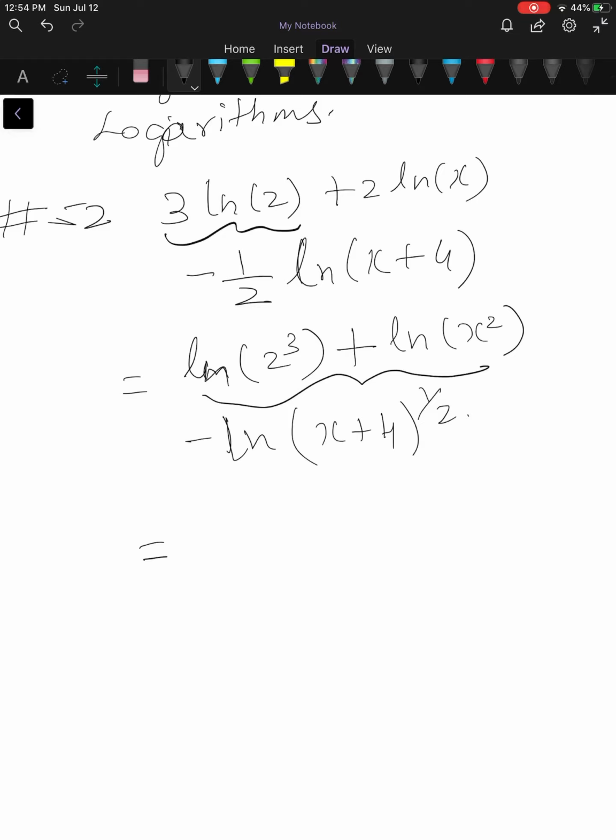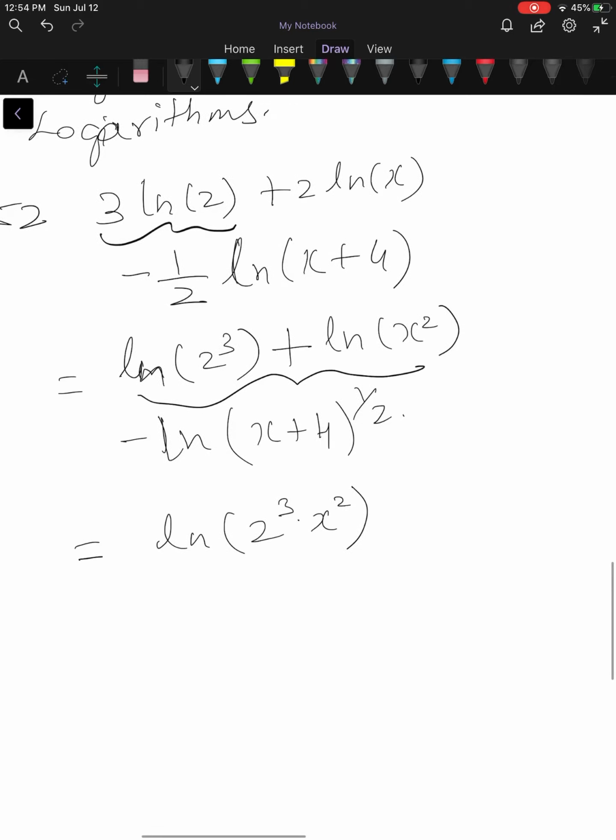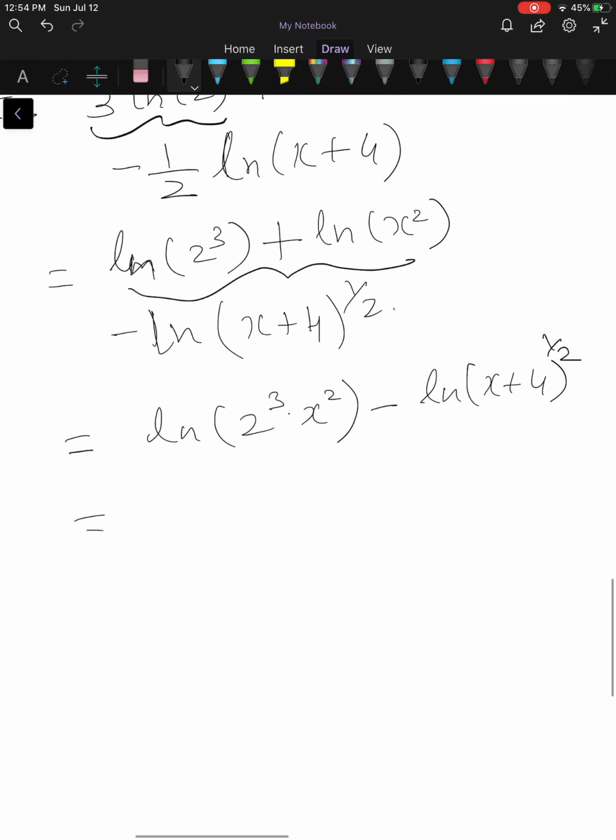So now to expand this, the first two terms are added and the bases are same. You should be very careful with the bases. You cannot apply the laws if the bases are different. You can apply them only when the bases are same. So combining the first two terms using the law number 1, we get this to be equal to ln of 2 cube times x square, correct. So the last term can be retained as it is.